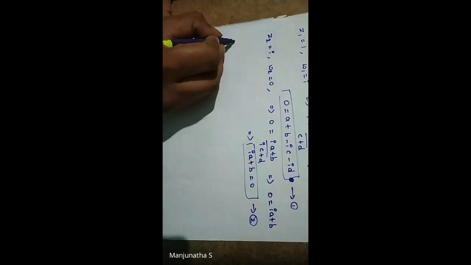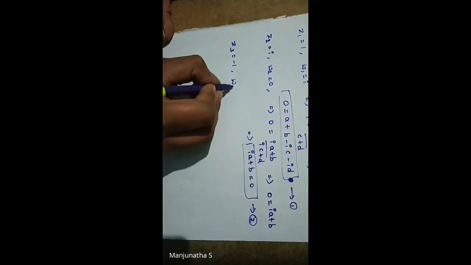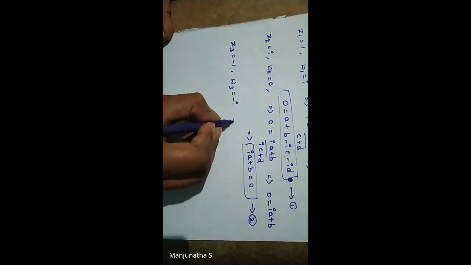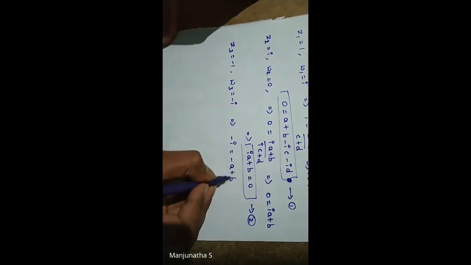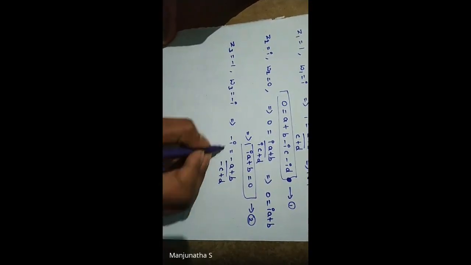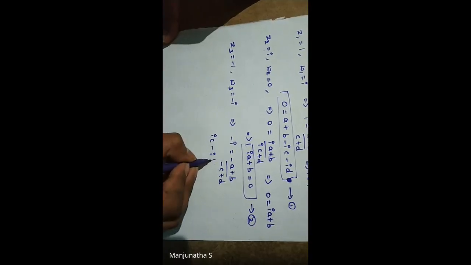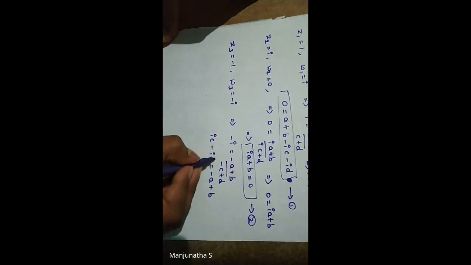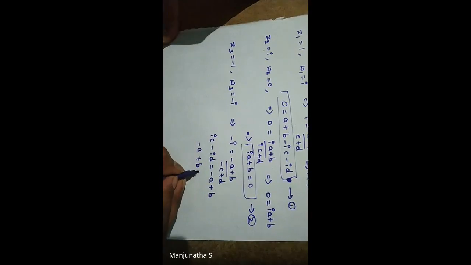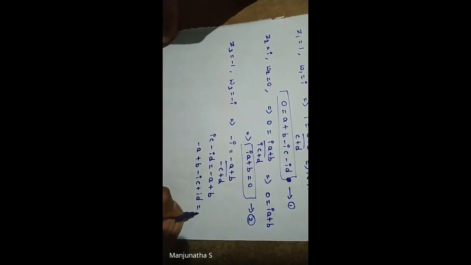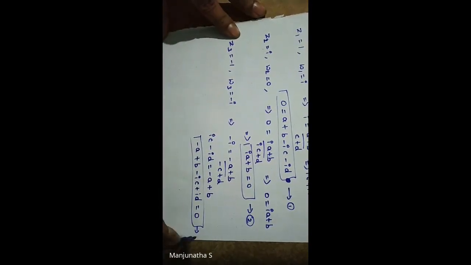Similarly, third equation: z3 is equal to -1, w3 is equal to -i. So -i is equal to (-a + b) divided by (-c + d). When I send the denominator to the other side, minus into minus plus, so ic plus into minus minus id is equal to -a + b. When I send these two terms to the other side, we get -a + b - ic + id is equal to 0. So this is equation number 3.